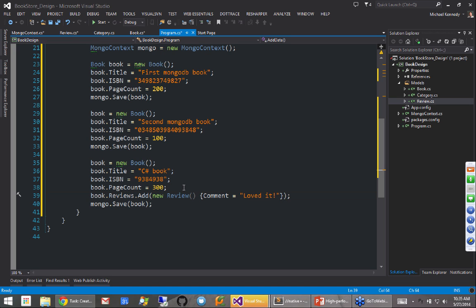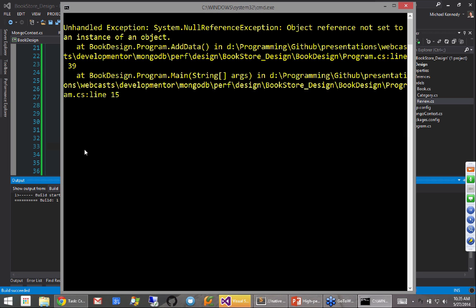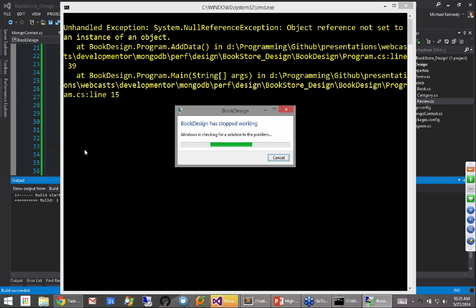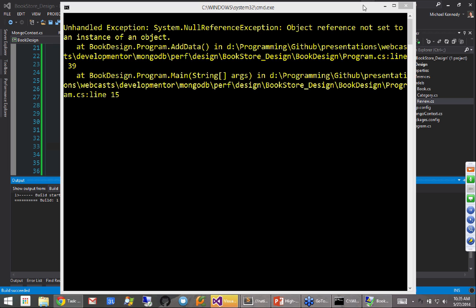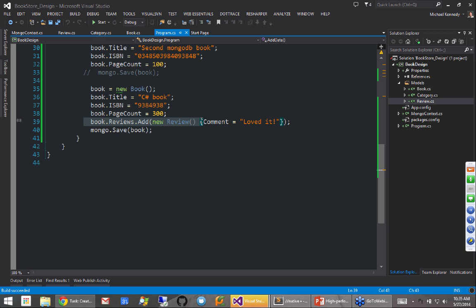And we save it. If I run this, you'll see it actually would crash. Let me comment out these first two saves so nothing changes. Right? Object reference not set. This is not a database problem. This is just, hey, you're trying to add to a list which is null.